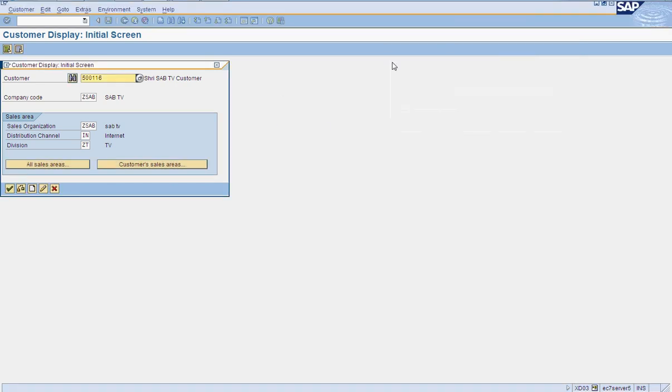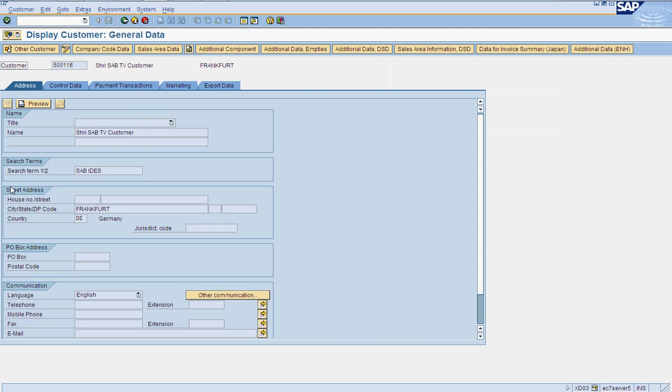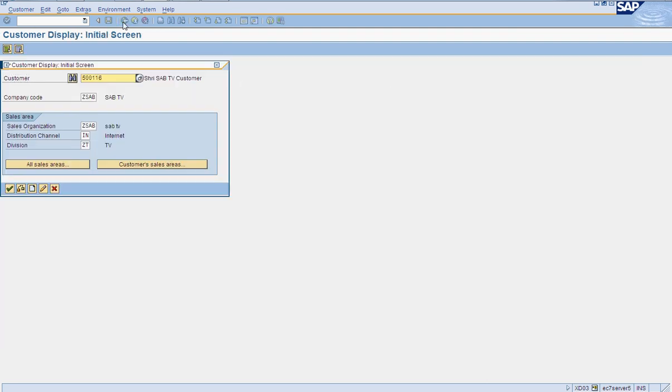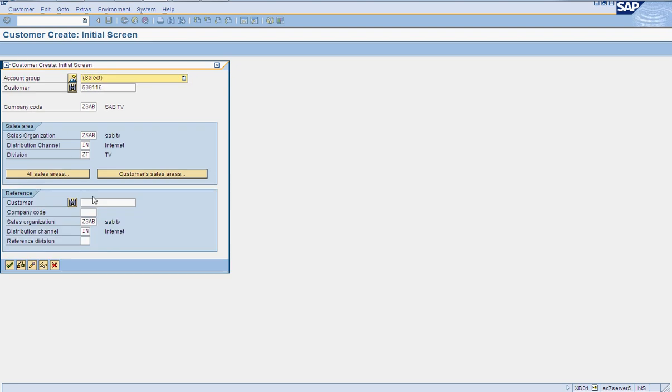Now we have a customer. This is our test customer. We will create another customer as a copy of this, using create with reference or copy. I will be creating a copy customer using the same thing.